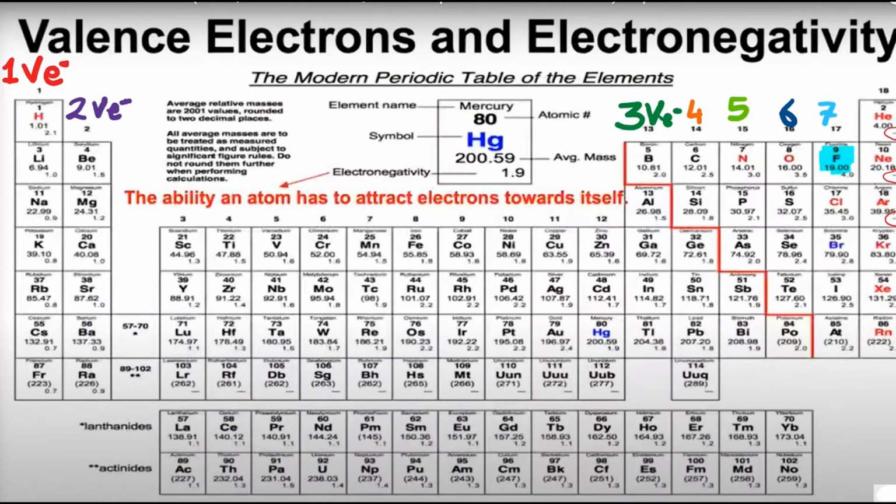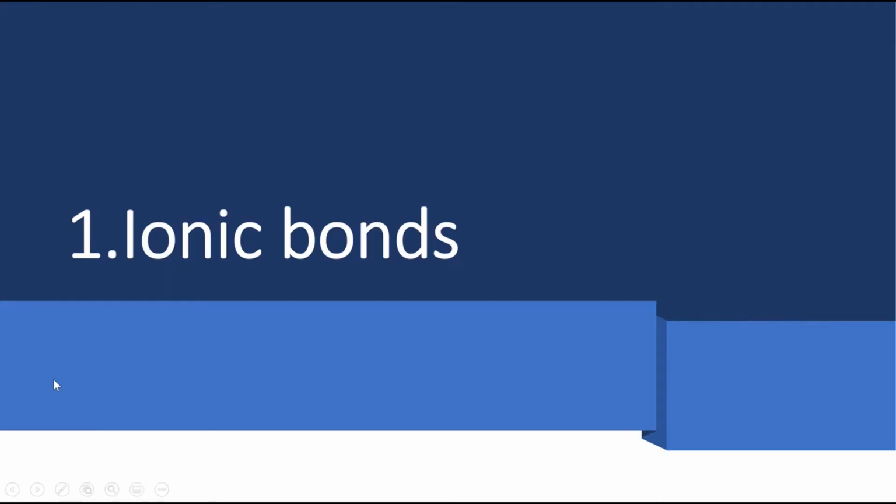Also importantly, you have seen that the electronegativity of fluorine is 4, which is the maximum among all the elements. So fluorine has the highest electronegativity. That means it has the highest tendency to attract the electron towards itself. Fluorine doesn't want to give the electron to any other atoms. Similarly, francium has the lowest electronegativity, 0.7. Cesium and francium share the same electronegativity of 0.7, which is the lowest. Okay, now let's proceed further.